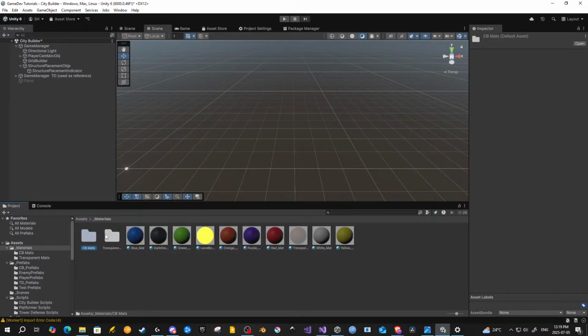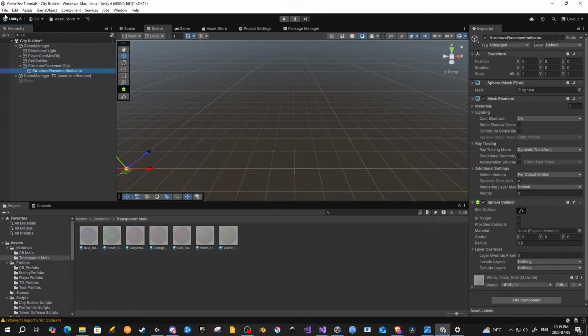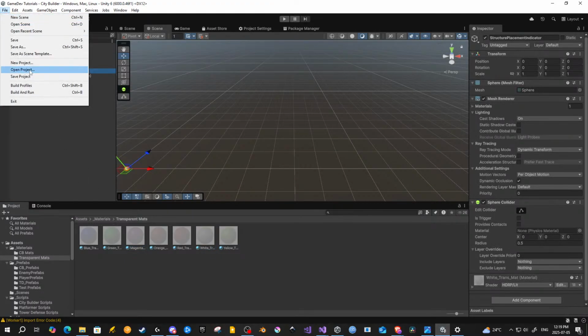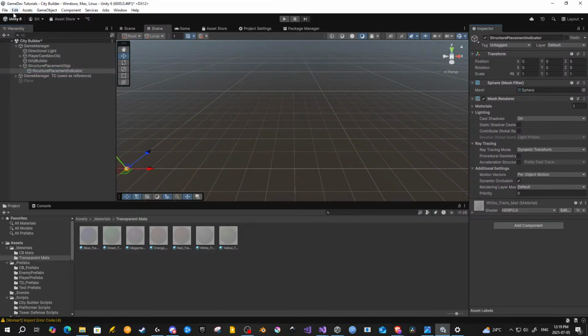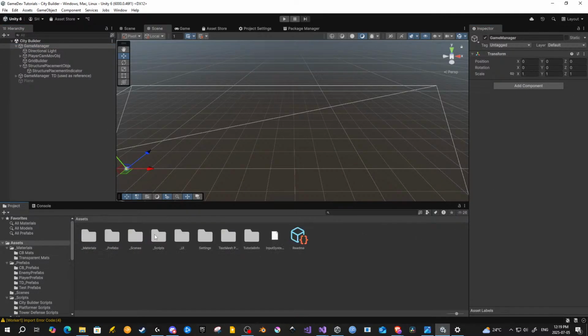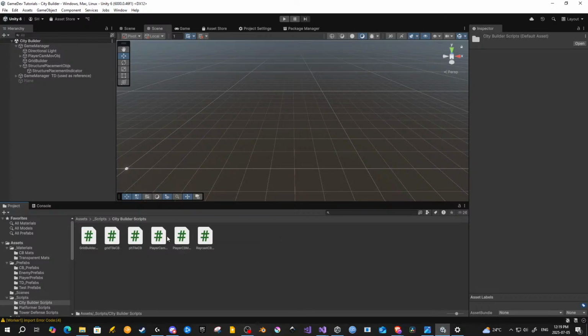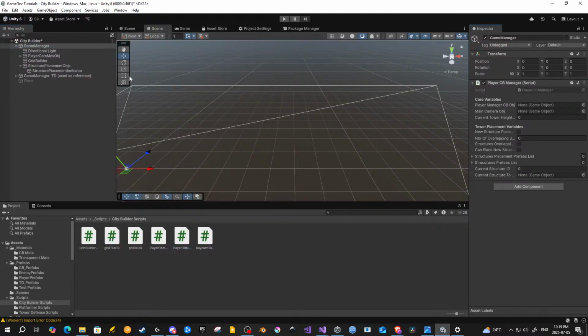Oh, hold on. Transparent. Transparent white. Okay, there you go. Like that. We're gonna remove the sphere collider because we don't need it. Okay, perfect. Now here we're going to add, oops, no. We're going to go into scripts, city builder, player, city builder manager,